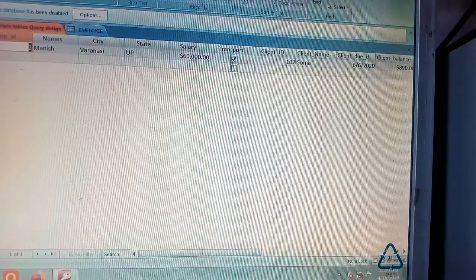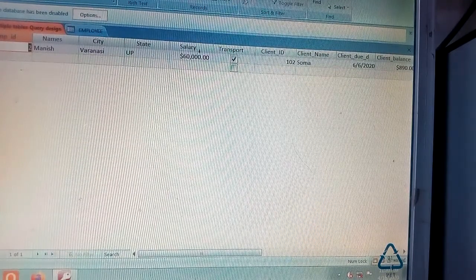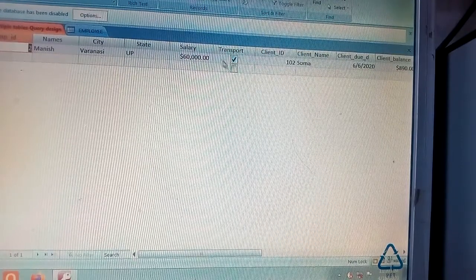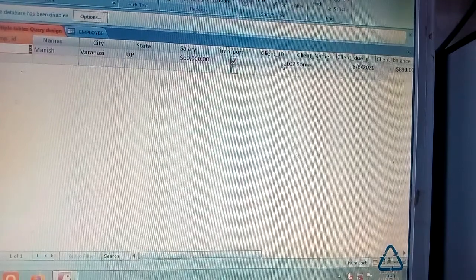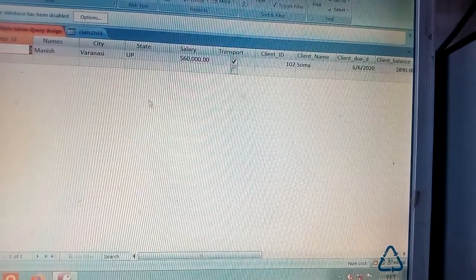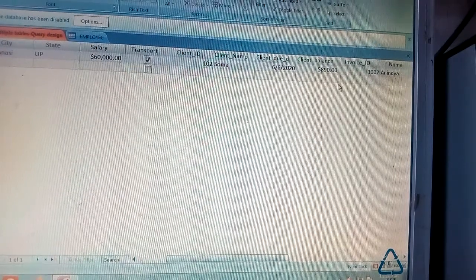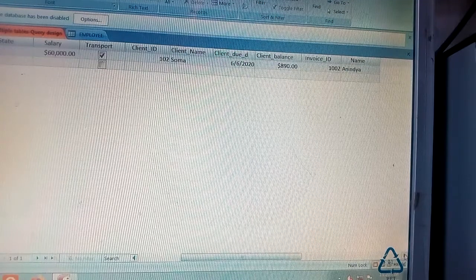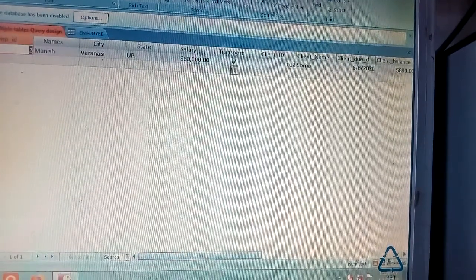Salary 60,000, only one, because transport and these 2 fields match only one record. So client ID, client name, only one record is here, and you can see the balance is also greater than 0. Okay, invoice ID this, Anindo name, and anything else? No. So this is how you can use multiple criteria.